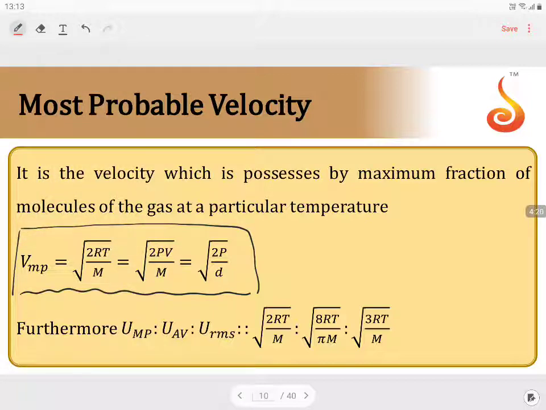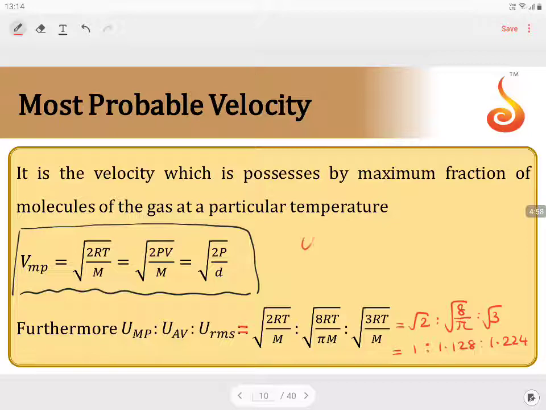Most probable velocity is to average velocity is to RMS velocity equals root 2RT is to root 8RT by pi M is to root 3RT by M, which equals root 2 is to root 8 by pi is to root 3, which equals 1 is to 1.128 is to 1.224. This is the ratio at which most probable velocity, average velocity and RMS velocity are related to each other,